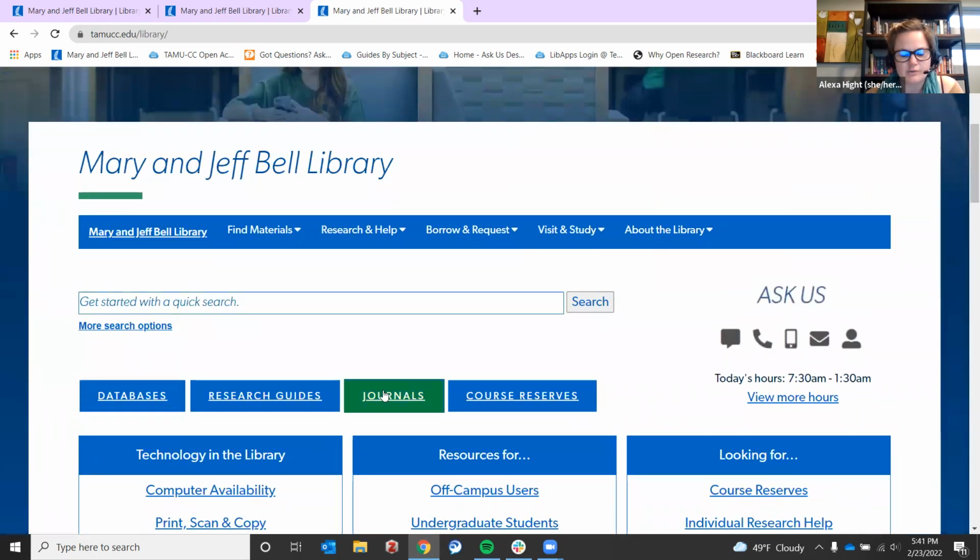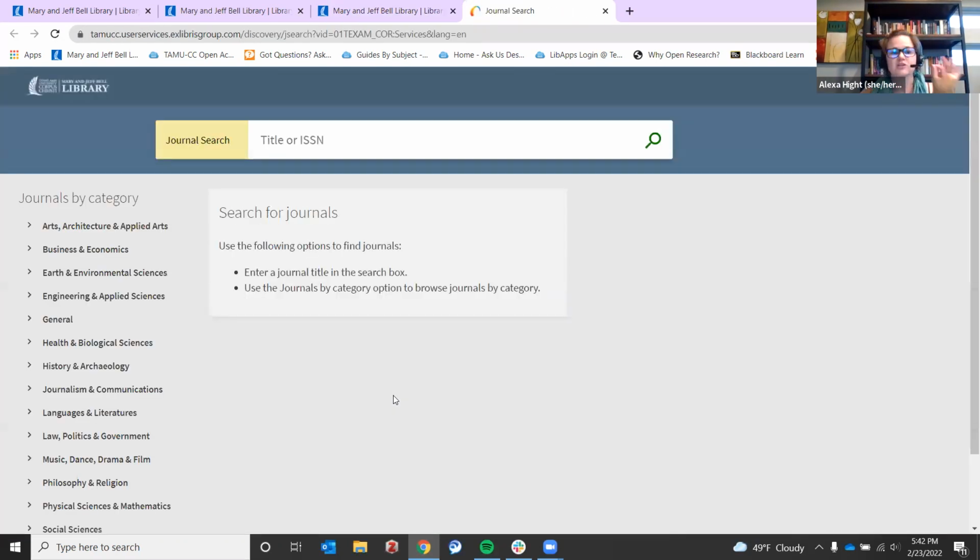Now I'm going to show you yet another button, which is journals. You might find a journal in your area that you want to keep track of, to see what's being published in it. You might have professors who say you should publish in this journal, so you should really be researching what's in it. So if you want to know, does the library have access to that journal? It's really pretty easy to search.